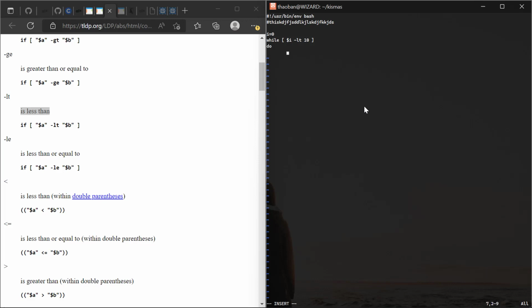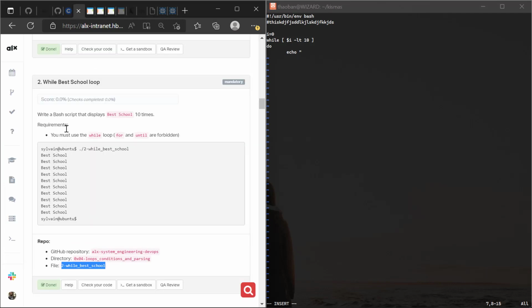So I want to echo, what do I want to echo? I want to echo best school, right? So I want to echo best school 10 times. Then I put my best school. Then you should know for every loop there should always be an incrementation. So here I want to use i plus plus, and this is the normal syntax